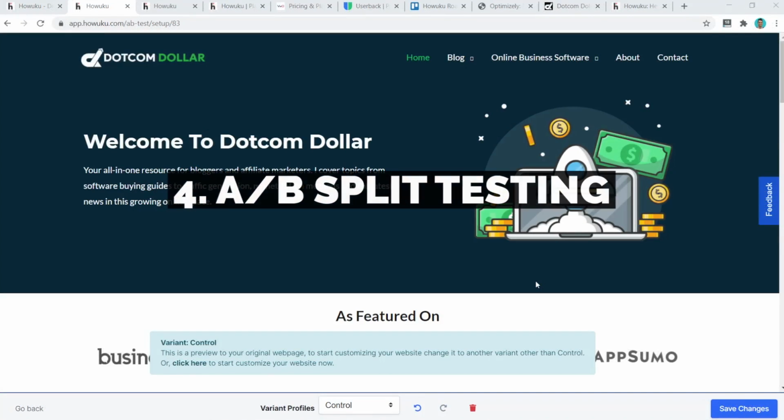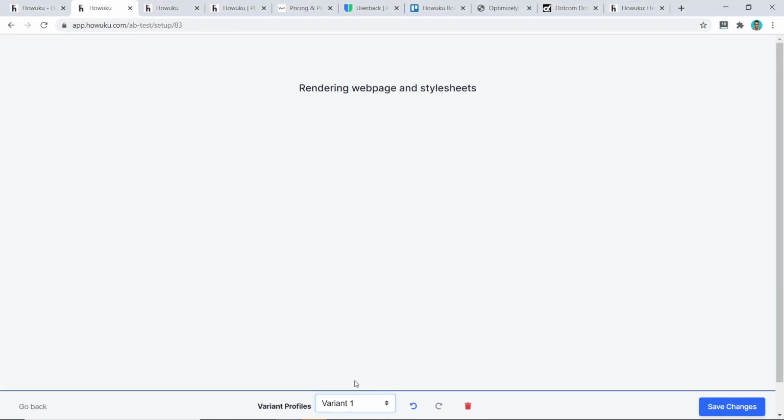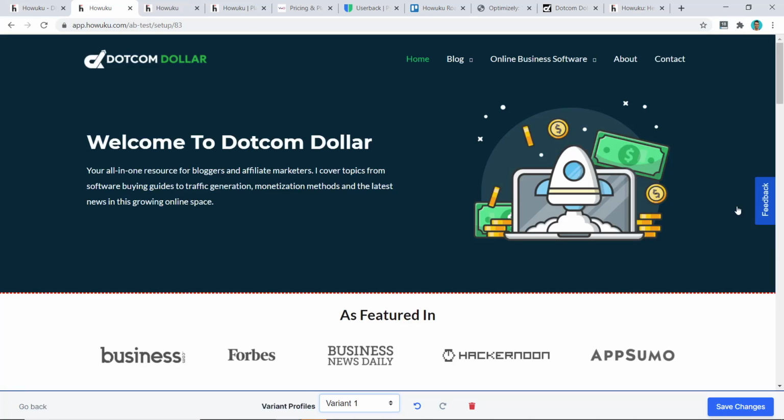So this is an example I've made on my website, which shows as featured on, and then my variant one, I just made a quick change to say as featured in. This is obviously just to show you how it works. It's not an A/B test that I would run myself, as this is more of a home page. I would be using this on a product page, a sales page, or an affiliate roundup review type page, where